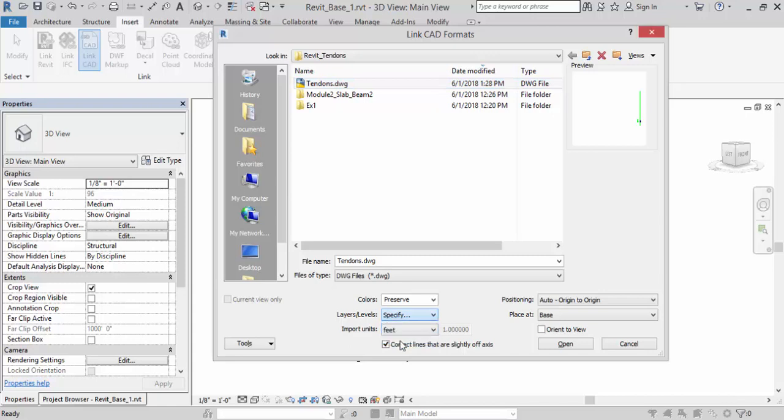So I'll select Specify. We're going to use feet as our import units, and for positioning, because the exported file is really being re-imported back into Revit in terms of the origin relative to the tendons, we'll just use auto origin to origin. I'll say open,